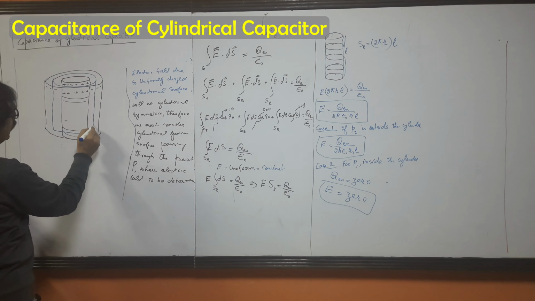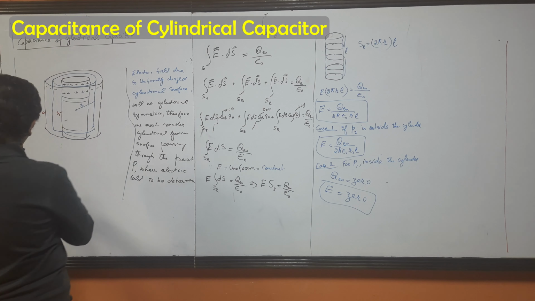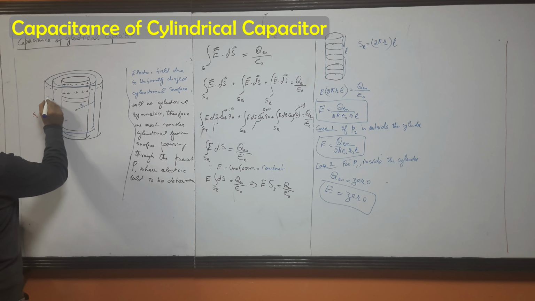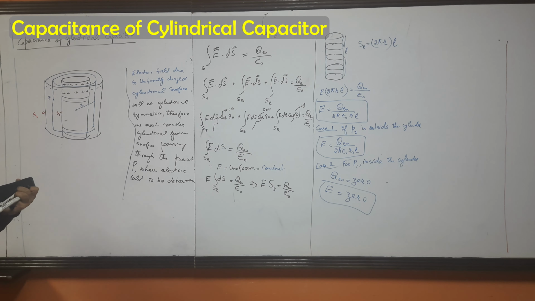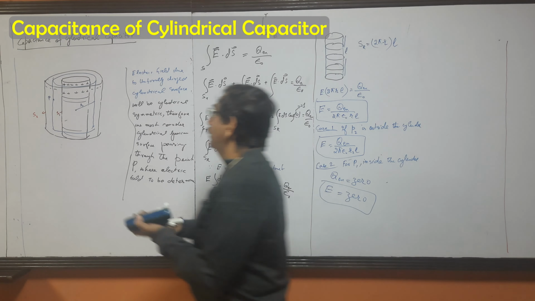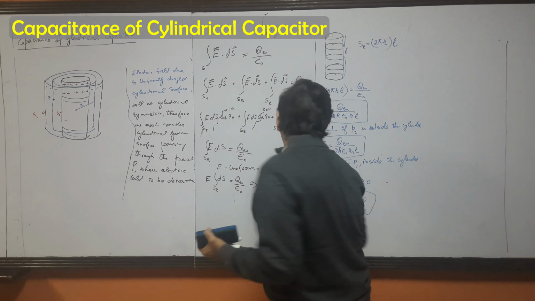Okay, so you have two cylinders, S1 and S2. But the blue cylinder is not a cylinder, it is actually a Gaussian surface we have considered, and here is the point P where we are interested to find the electric field. Okay, this point P. Okay, as I already explained,